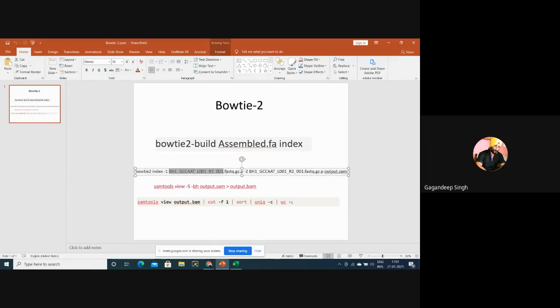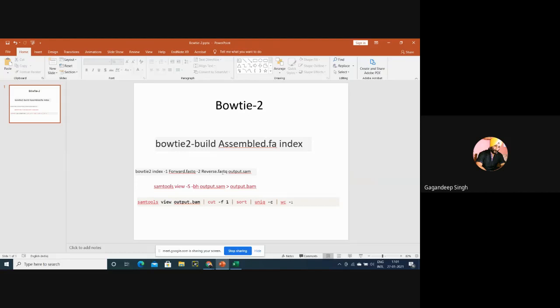I'll retype this. I'll type forward fastq, and then type reverse fastq. These are in GZ, which is how we extracted our fastq files.